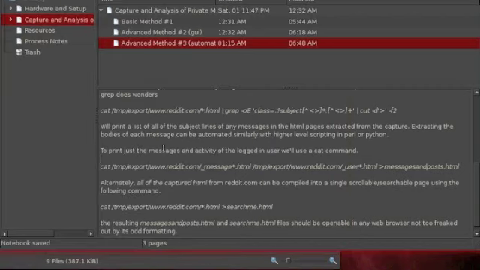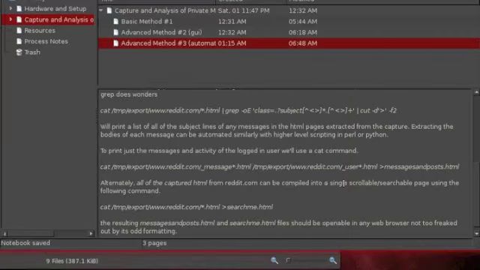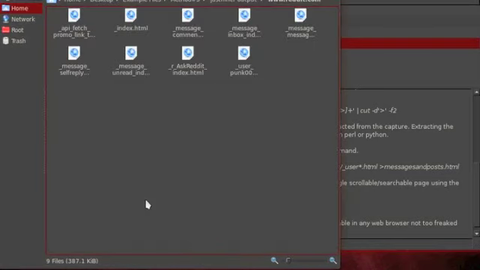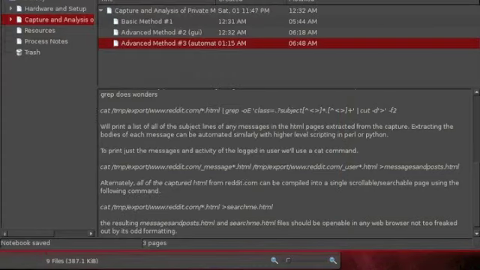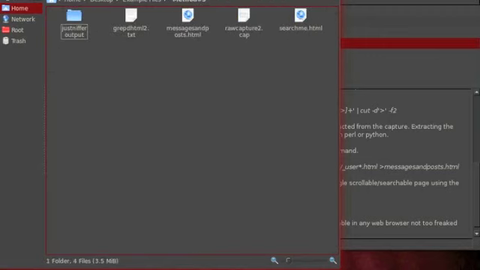So what you can do is say, I want all of those message files and all of the user files. The user ones would be like your main landing page. That would show some private information, not as much as the other ones. And I want to put them all into one big HTML file. And what you get with this command right here is one giant browsable glob